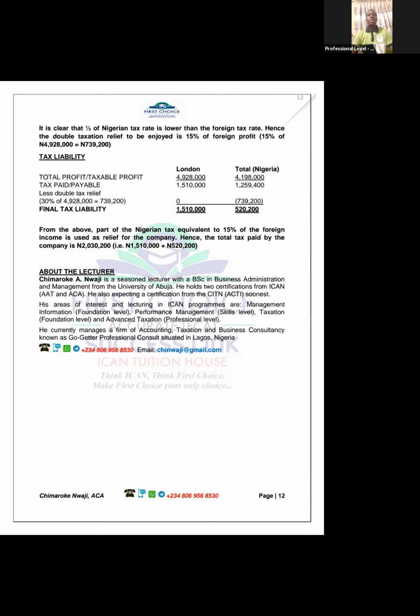Like I promised, if I clear my space on my phone, I'm going to send you a voice note again on double taxation. It is dependent on there being space on my phone, because my phone is telling me it's dangerously low. If there's space, I'm going to send it so that you can also get more knowledge about this. I want you to solve some questions and send them to the WhatsApp group for me to see. If possible, correct some of your mistakes.